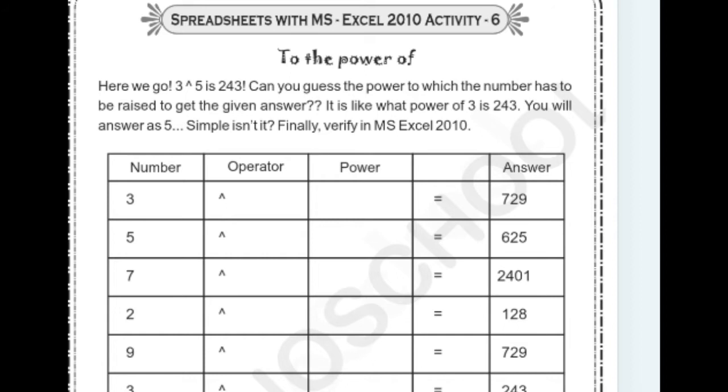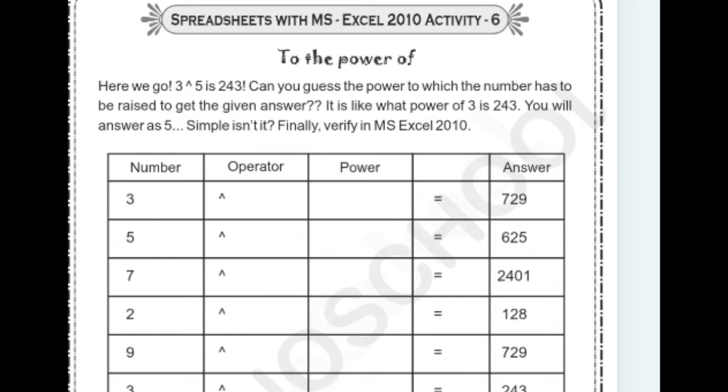Its expansion is, you have to write 3 into 3 and again into 3. So 5 times we have to multiply the 3. The final answer is 243. Just work on it. Take a pencil and notebook. Write 3 into 3 into 3 into 3 into 3, 5 times, and multiply it. 3 into 3 is 9, 9 into 3 is 27, 27 into 3 and so on it goes. So the final value of 3 power 5 is 243.